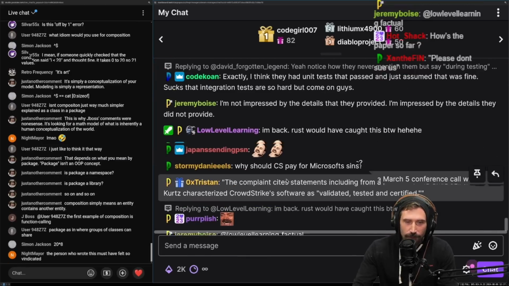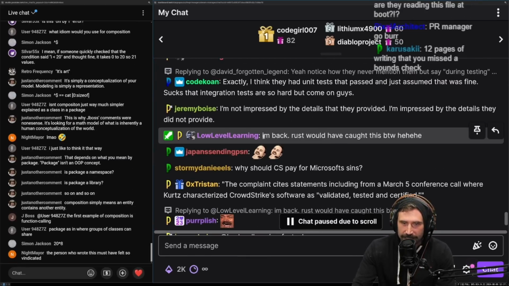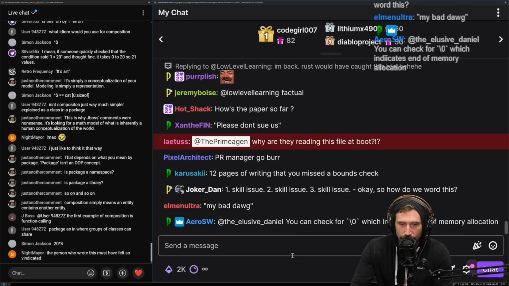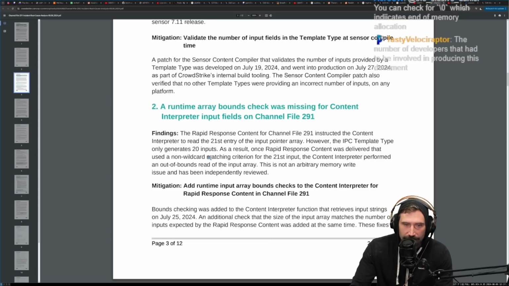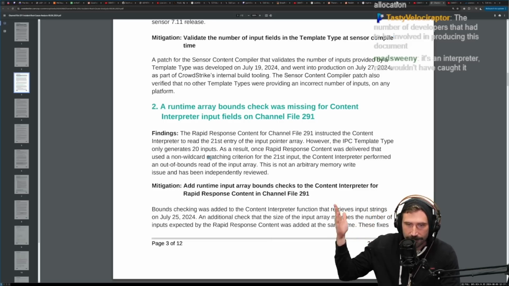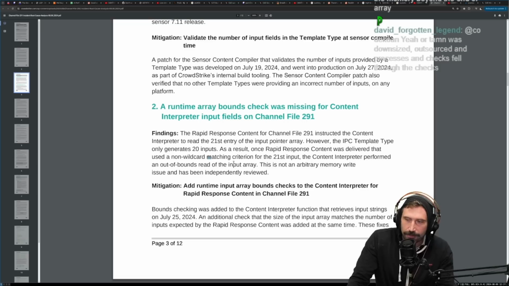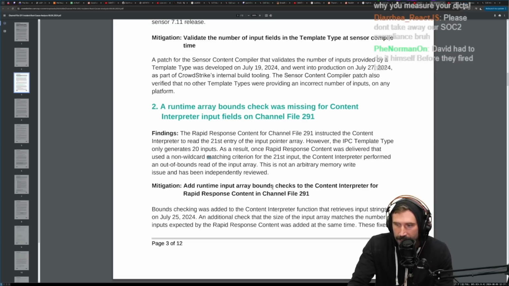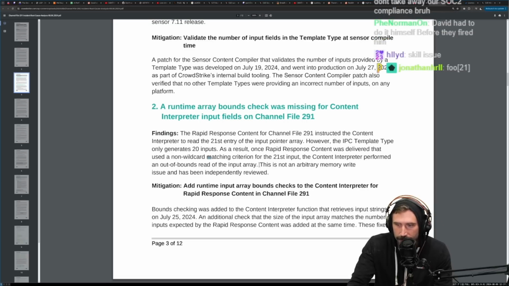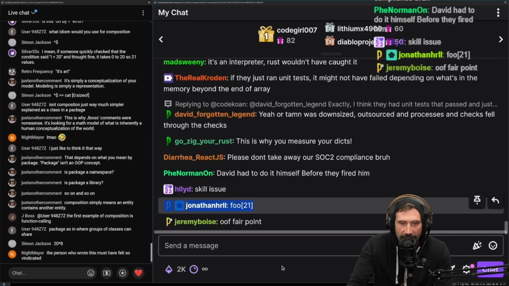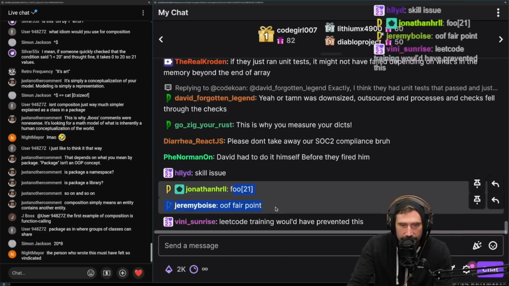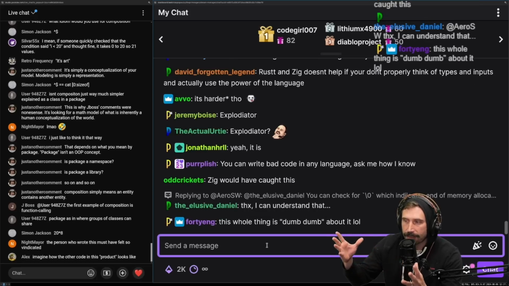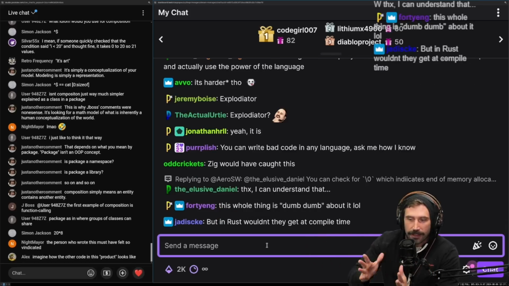Also, I know people are saying that Rust would have caught this, but you know for a fact they would have been using a Vec, and they would have just hard-coded an access. I think they would have literally just hard-coded access 21 in a Vec, and they would have blown up the world, right? It's not hard to make this exact same explodiator in Rust if you're dumb about it. Foo 21, yeah, this is valid Vec-ing, right? Because they weren't using length at all to do any form of access.